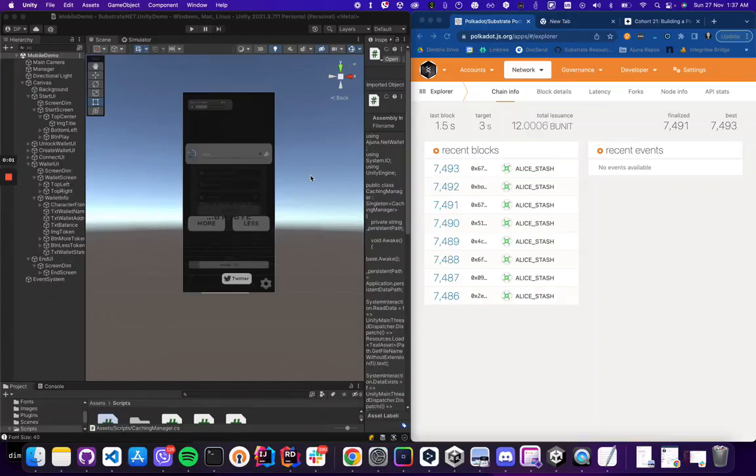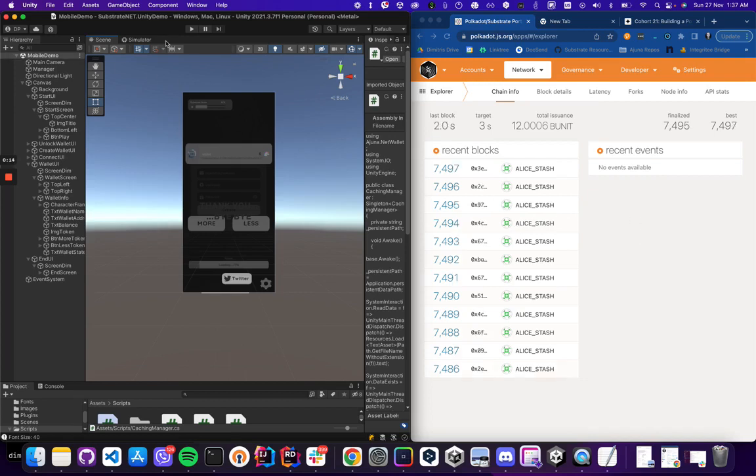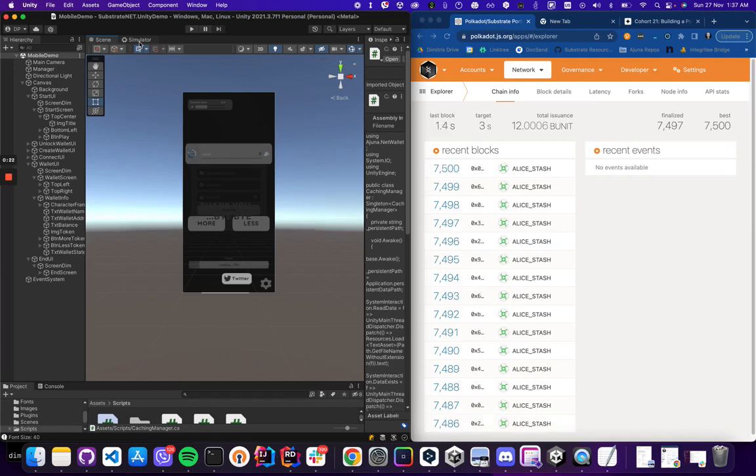So here to our left we have our Unity app that we're going to start, and to the right we have our Polkadot.js Explorer. So we will start the app in the substrate.net.unity demo repo on the substrate seminar branch,